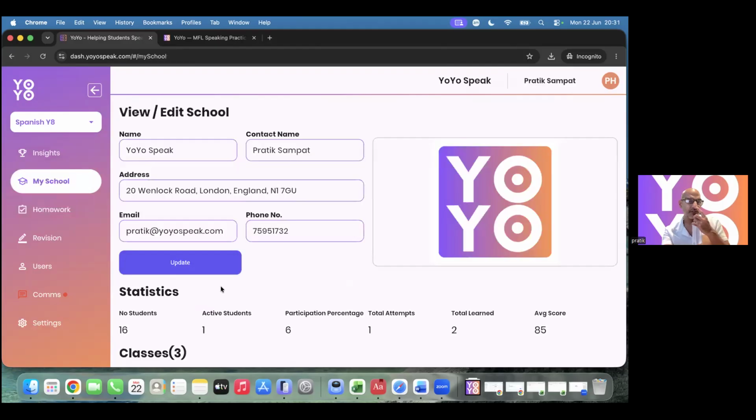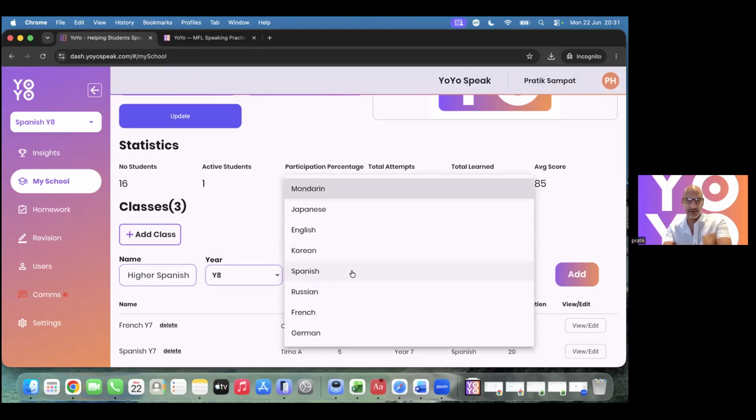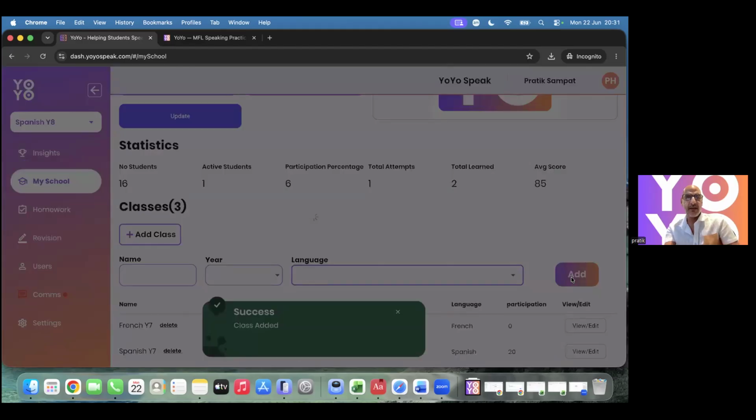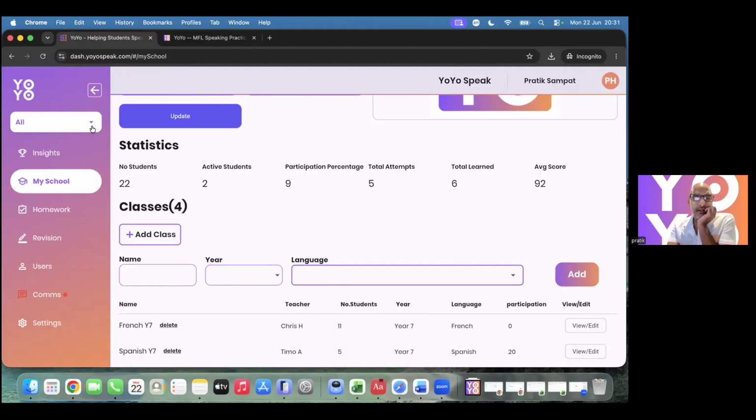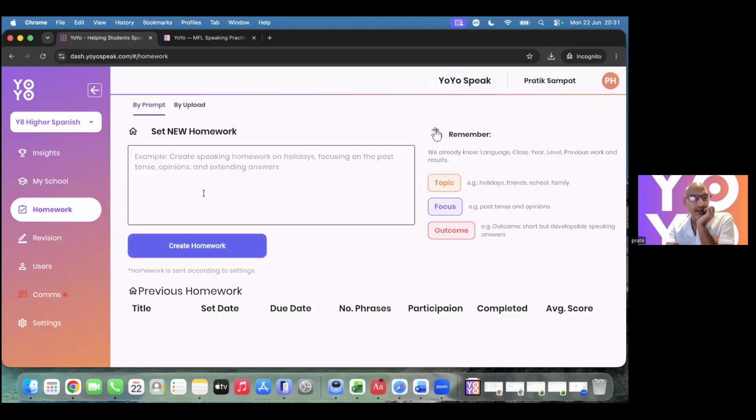So if we wanted to add, say, year 8 higher Spanish because you wanted to really push a class, then you would simply create a new class. And then from here, you would have higher, and then you could add your specific homework from here, which could be something really challenging for a year 8 student.